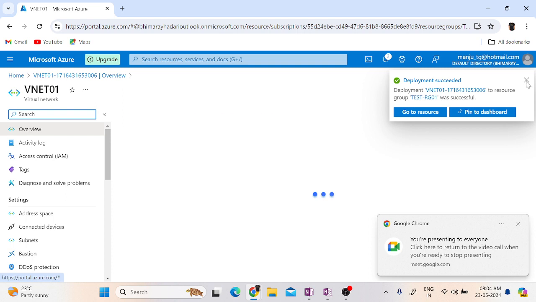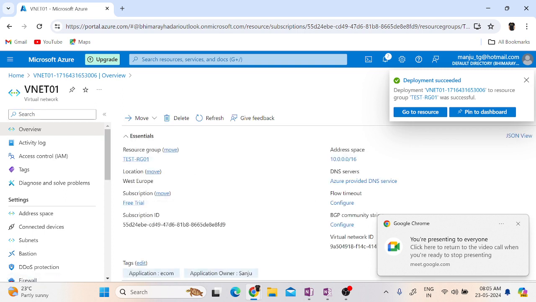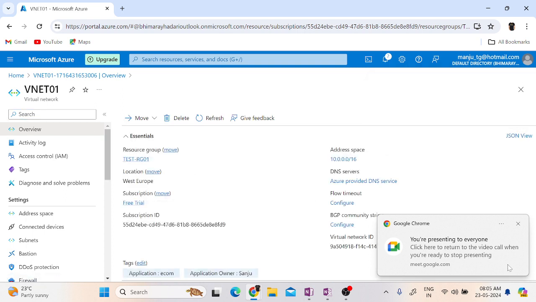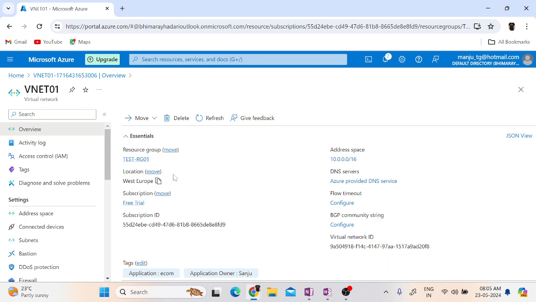Okay, now if you see, a VNet got created, and if you look at the name of the VNet, it is VNet 01. And if you look at the resource group, it is inside the test-rg01. Location is Western Europe. Subscription is free trial subscription, and you are having the subscription ID. And address space, if you see, it is